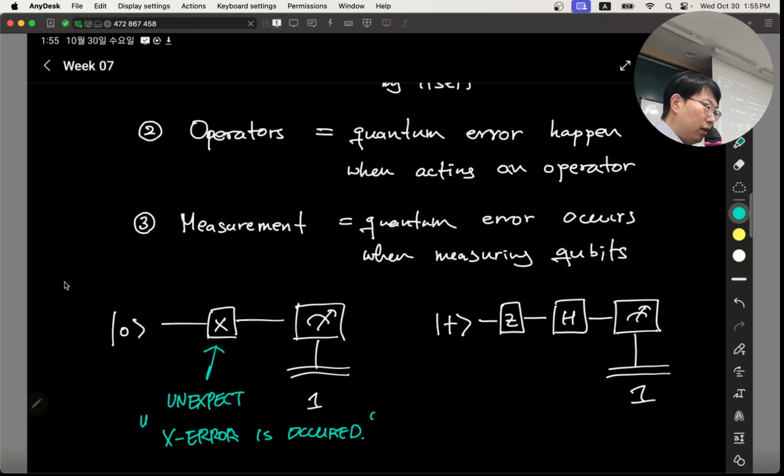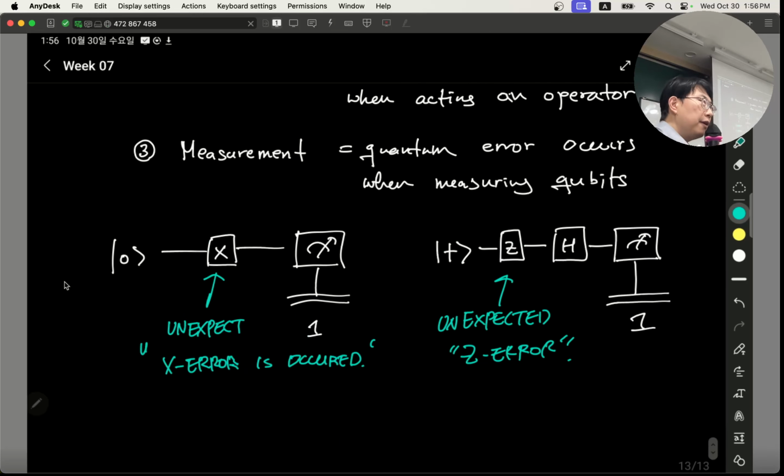This is somewhat unexpected, and we call it the Z error. In principle, when we say we correct the quantum error, it means that we correct the effect of either the X error or the Z error. No other errors are of interest, because